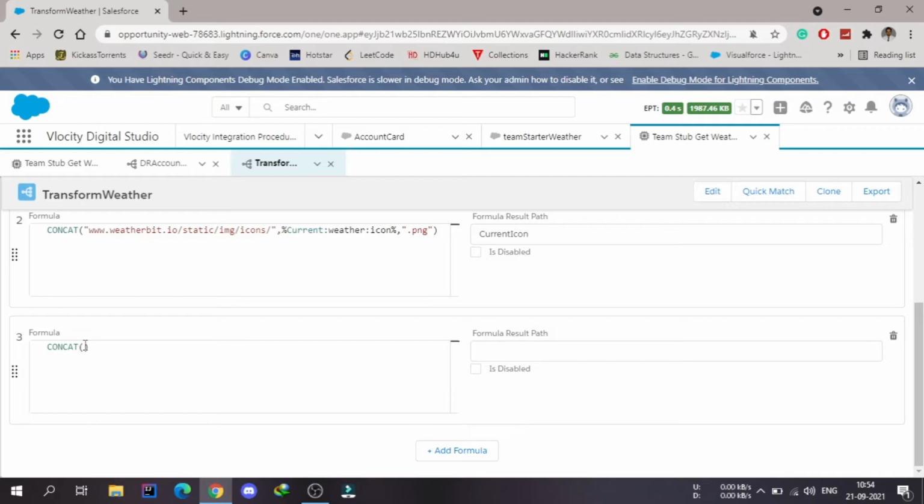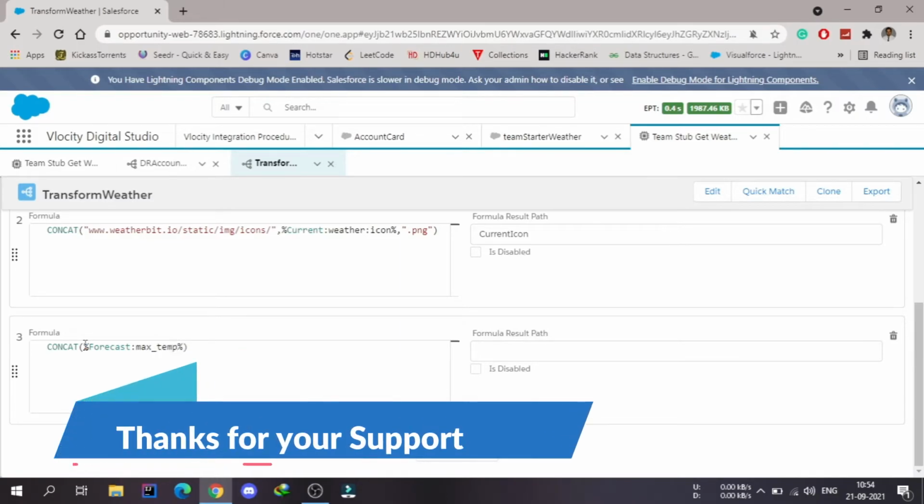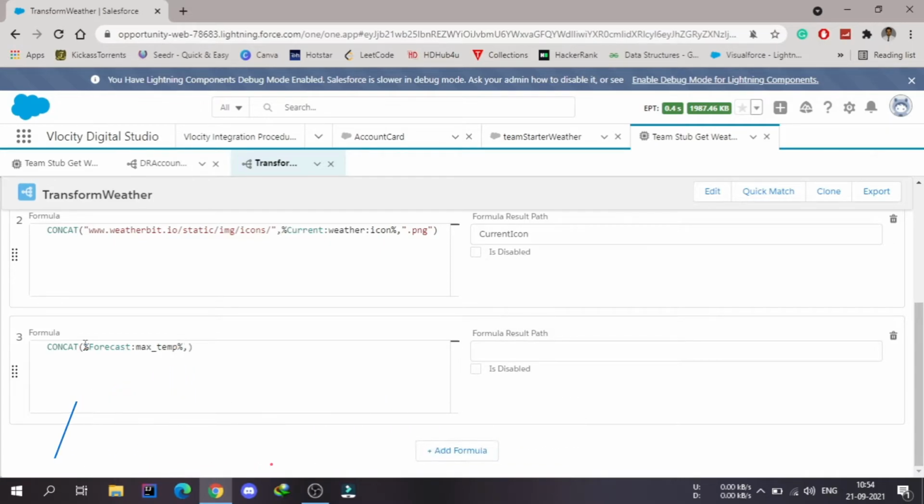First of all, I will use the merge operator, and inside this there is a node that is the forecast, and inside that forecast there is another node that is max underscore temp. Then I will use one slash. To use this slash we have to use double quotes, and inside the double quotes we use the slash, and then I can use another comma to put another value.